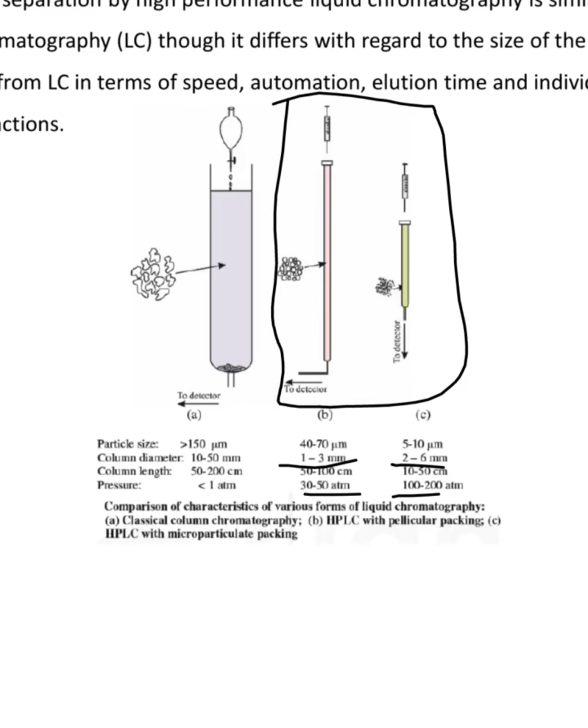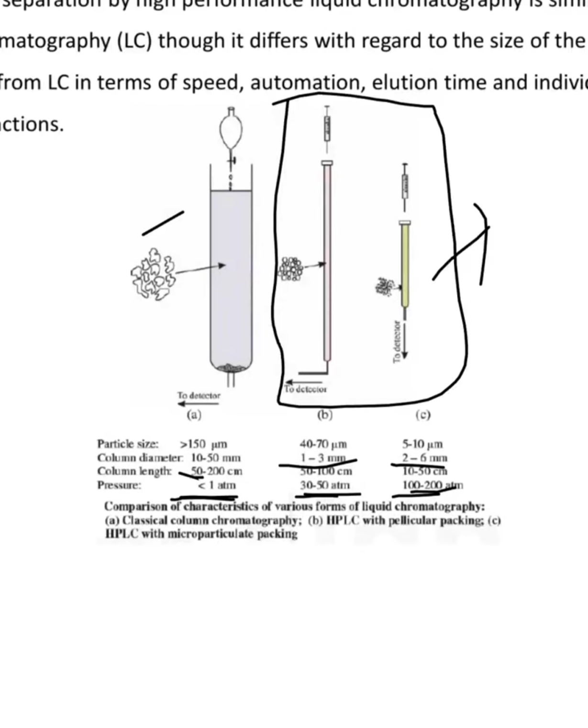So why is there a difference? You can note it here itself. This is the normal chromatographic technique, and these two are high performance liquid chromatographic techniques. So the pressure will be more. In liquid chromatography it is around 1 atmosphere. In HPLC it will be around 30 to 50 atmospheric pressure. And coming to the other small column, it will have 100 to 200 atmospheric pressure,